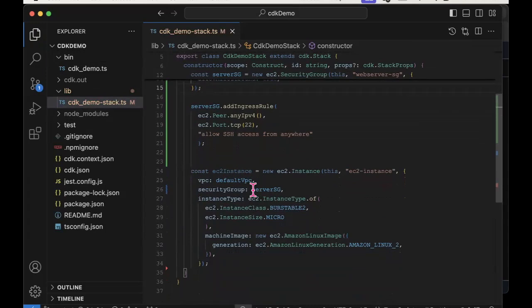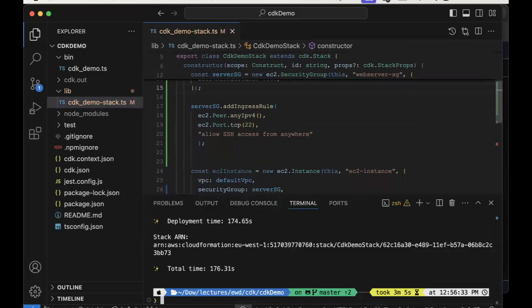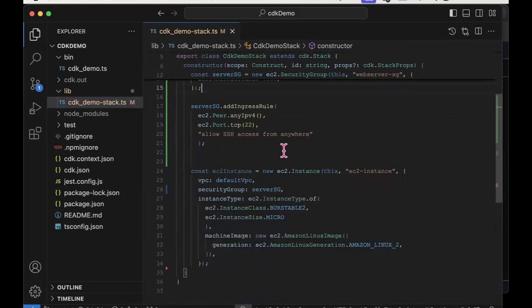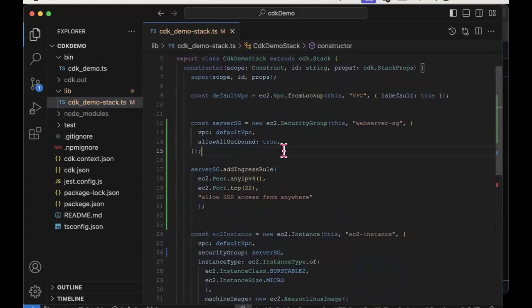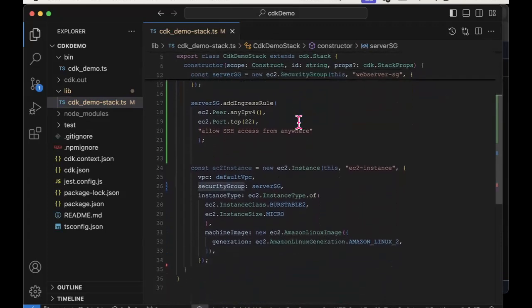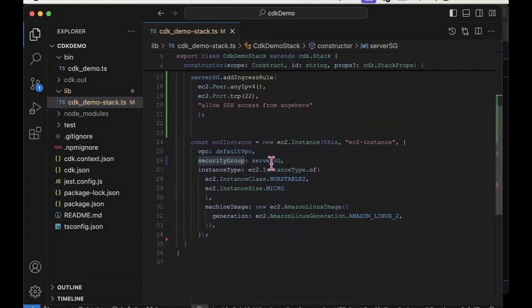Do I have any other errors? Let's just see. No, no problems. Okay. So in the language that I was using earlier on, I've now carried out a change to my infrastructure requirements. And specifically, it looks like I've added a new construct, which will result in the creation of either one or many new resources. And I've attached that construct to the EC2 construct that I had earlier on. So there are changes, right?